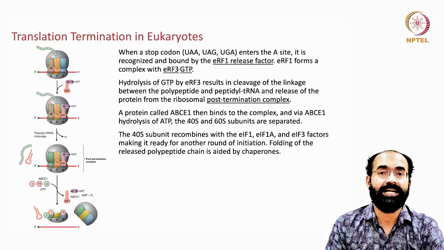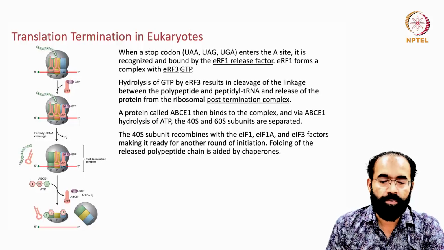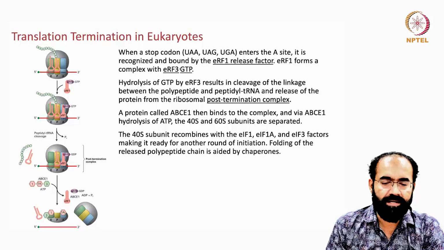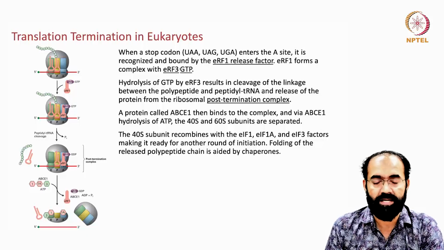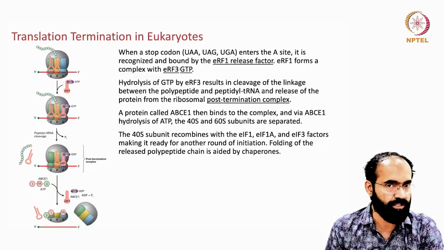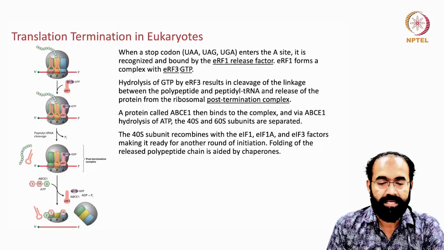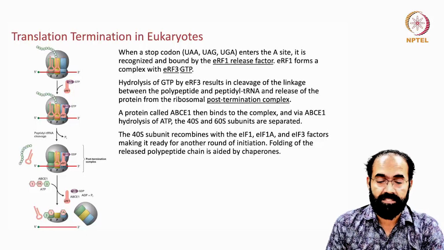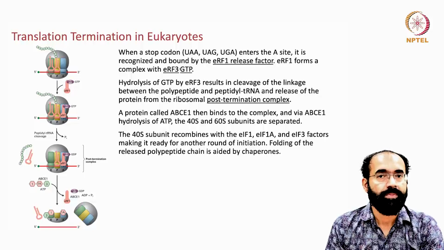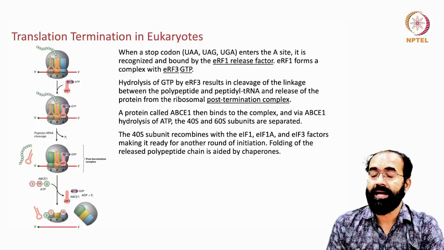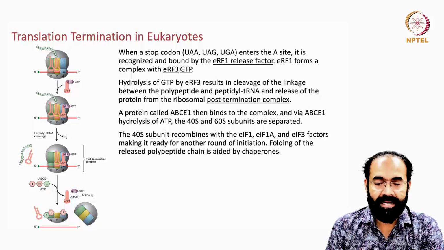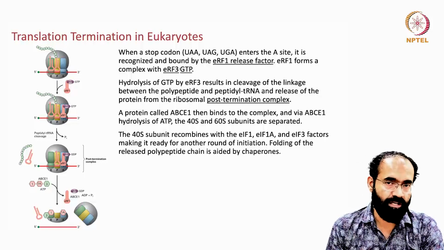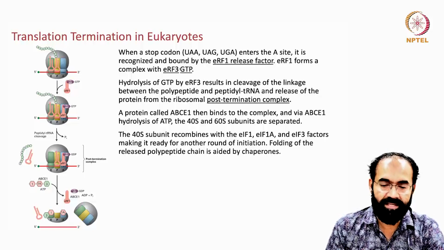So it helps in the disassembly. A protein called ABCE1 then binds to the complex, and via ABCE1, hydrolysis of ATP, which is also an energy-yielding molecule, instead of GTP it is using ATP, the 40S and 60S subunits are separated. So ERF1 and ERF3 occupy the stop codon and attract ABCE1, which at the cost of ATP disassembles the 40S